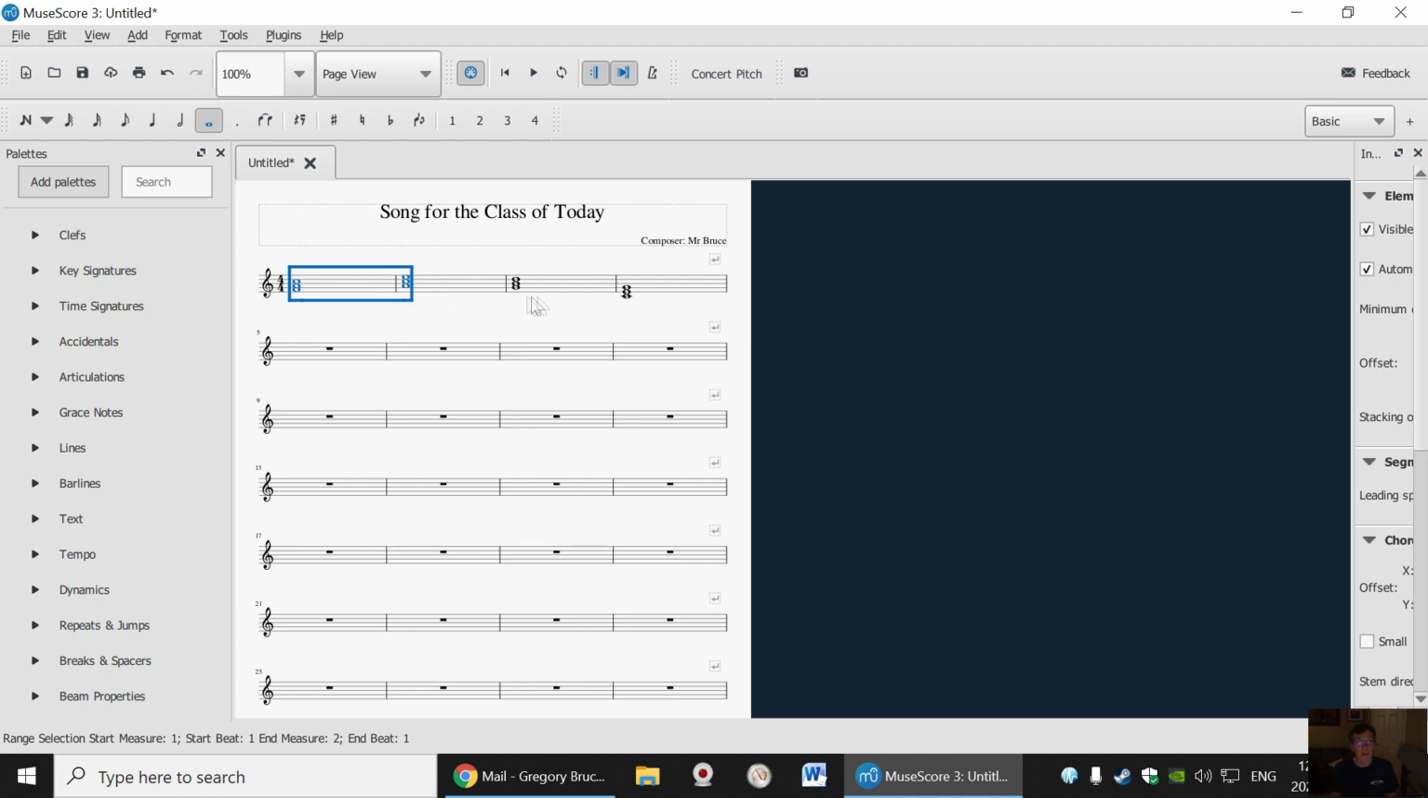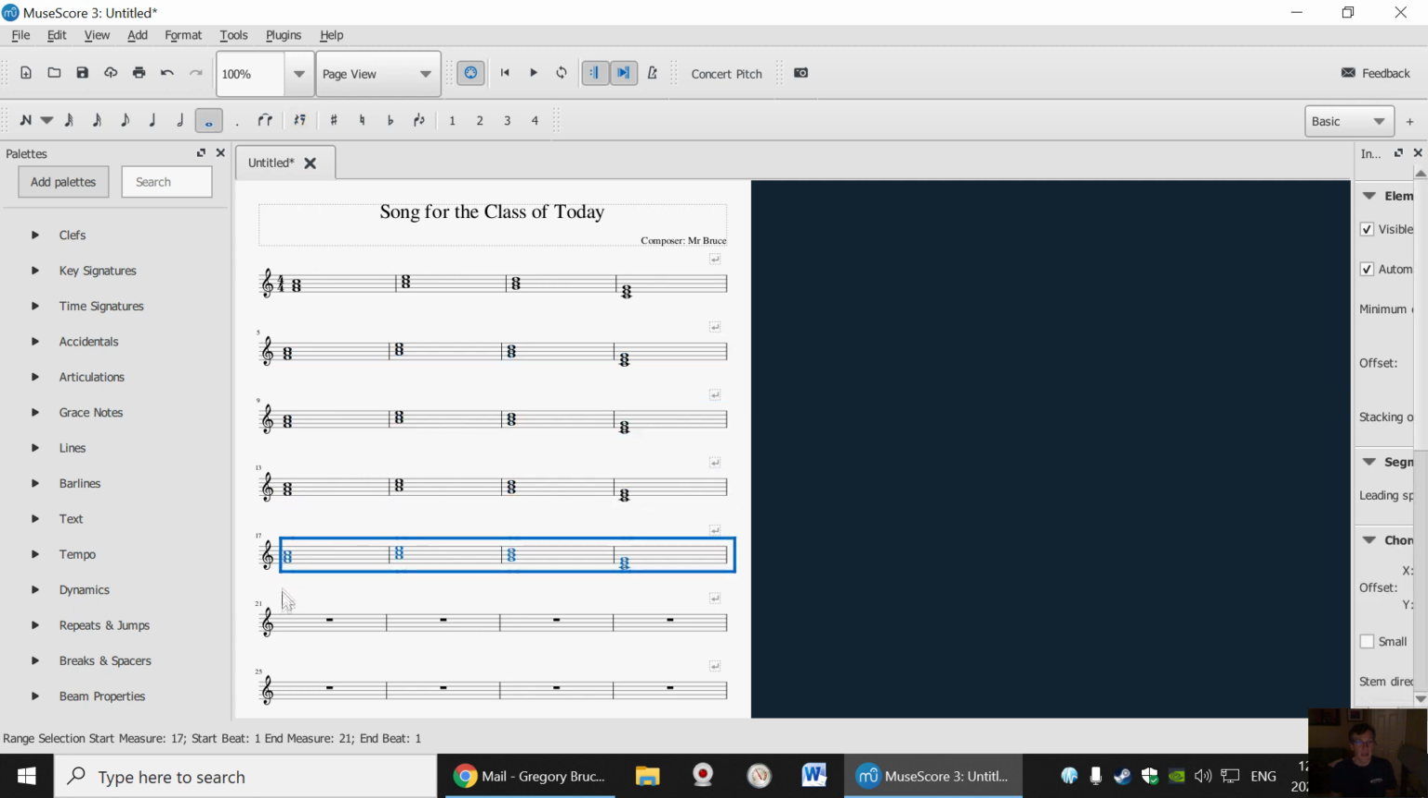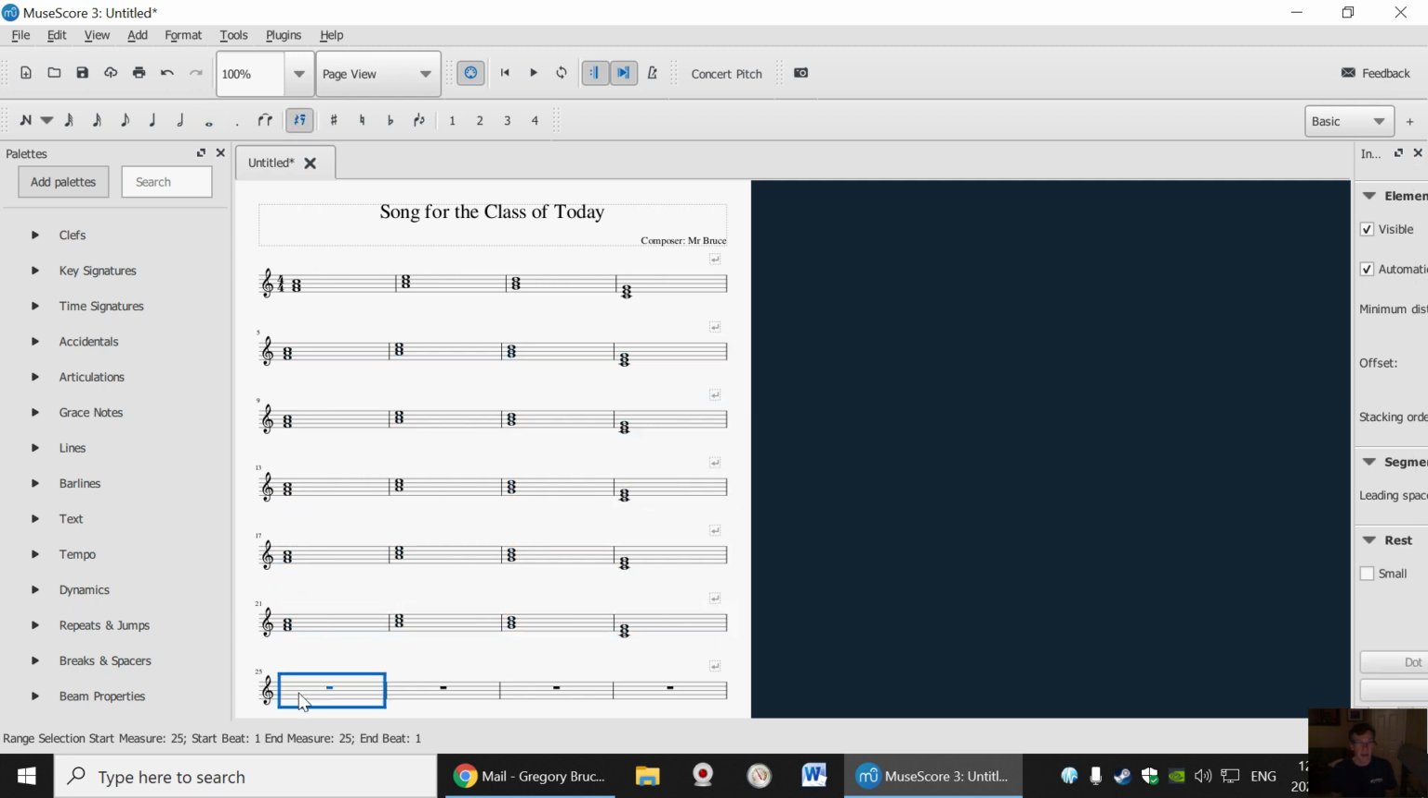Holding the shift down, up, holding the shift down, Control C to copy, next line, paste it, paste it, paste it, and paste it. I've got a whole page of this chord progression. Now, next step,